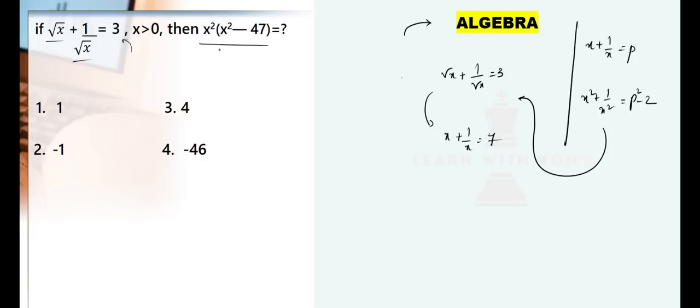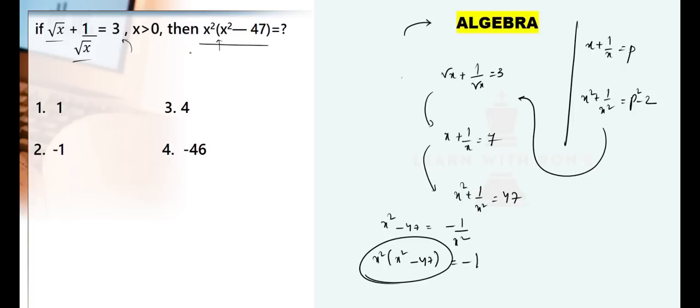But here they have given the square form. So, I will do one more square. So, x square plus 1 by x square, how much? 7 square minus 2, 47. So, see here, x square minus 47 equals minus 1 by x square, right? So, if I cross multiply this x square here, x square times x square minus 47, we got minus 1. They asked us this value, x square times x square minus 47, which is answer minus 1,